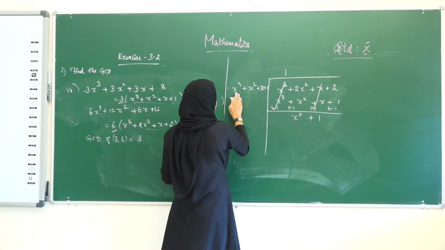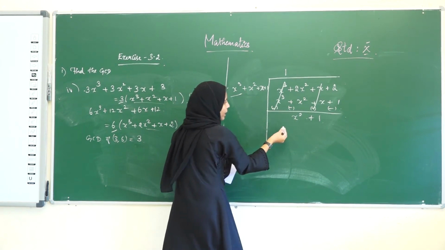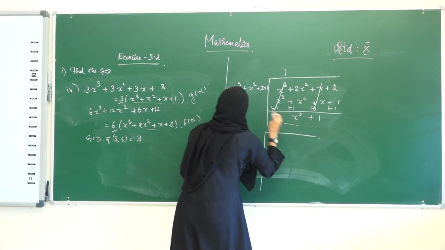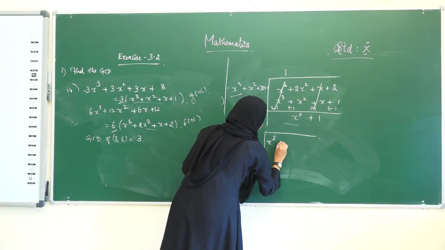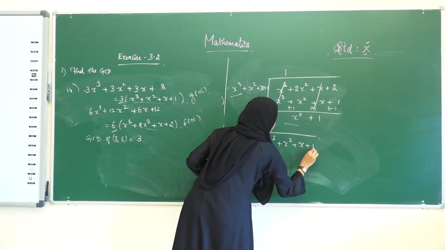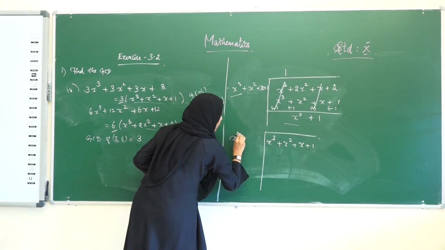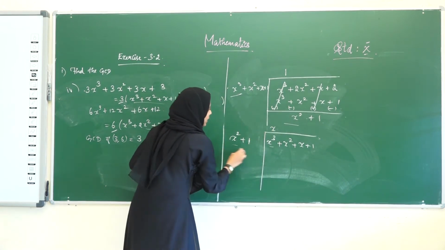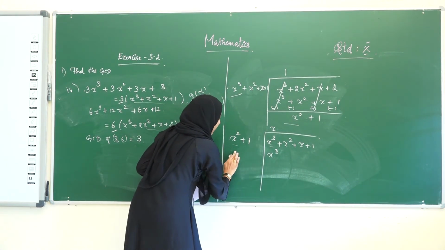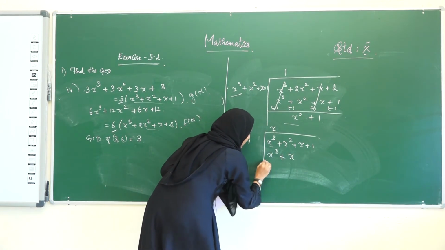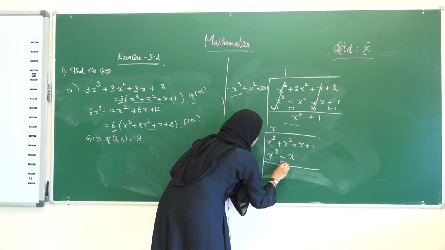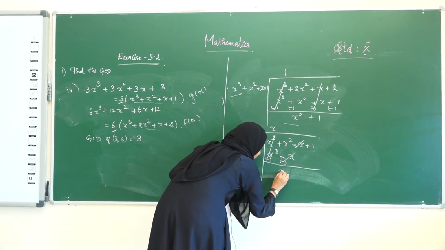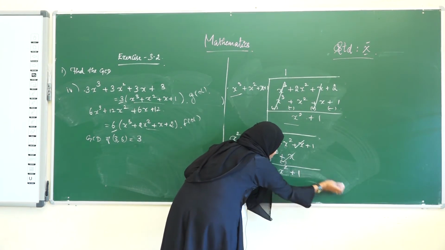So, see here, the first term is x cube and here it is x square. Therefore, we are going to change the long division. This term should go inside: x cube plus x square plus x plus 1, and we have to divide this term with this term, x square plus 1. Consider the first term again: here it is x cube and here it is x square. Therefore, multiply with x. What do we get? X square into x is x cube, plus 1 into x is x. On changing the signs, this term gets cancelled. Here it is x square and here it is x. This term and this term get cancelled. Here it is x square, right? Therefore, x square plus 1.